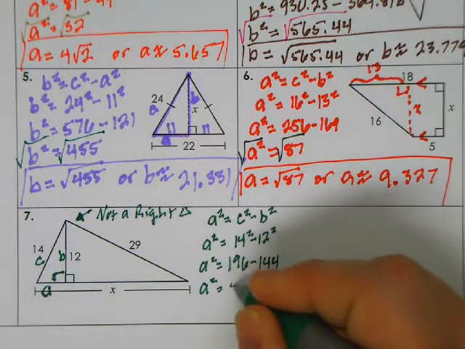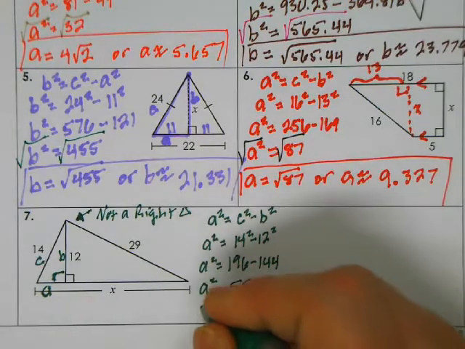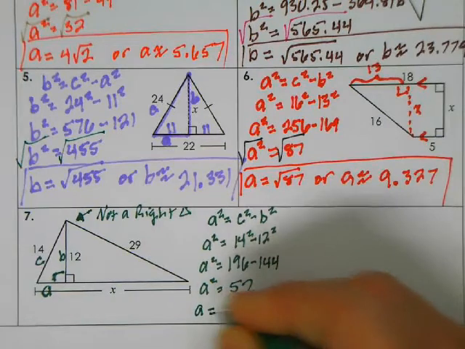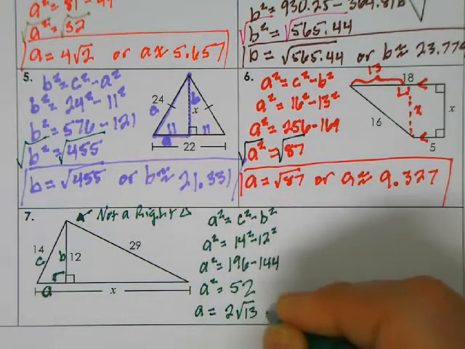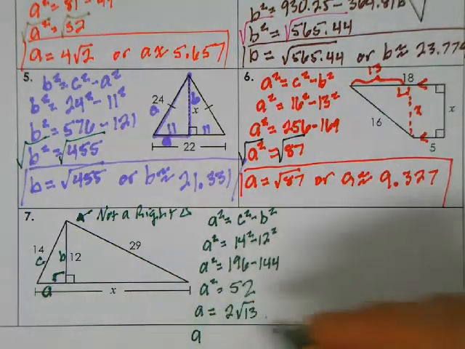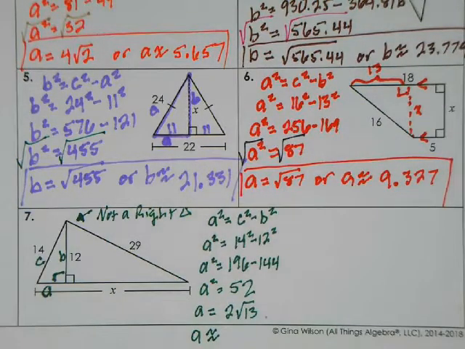So I get 52, and that should simplify to 2 square roots of 13, or you can say that A is approximately equal to, what would that be as